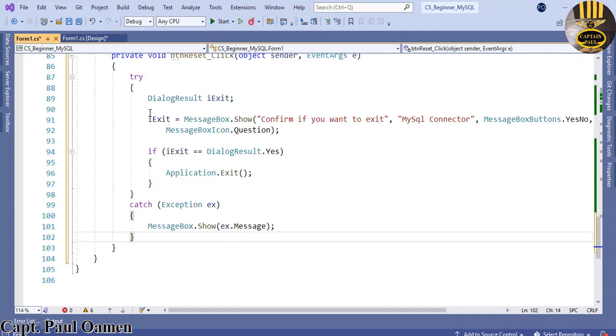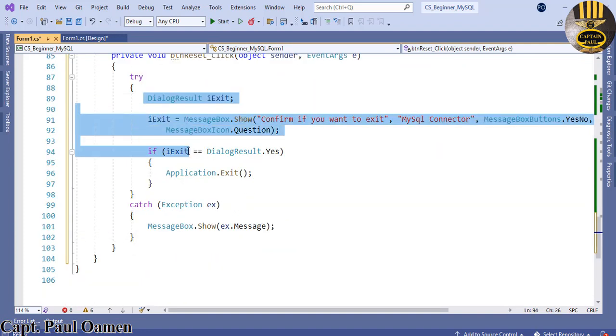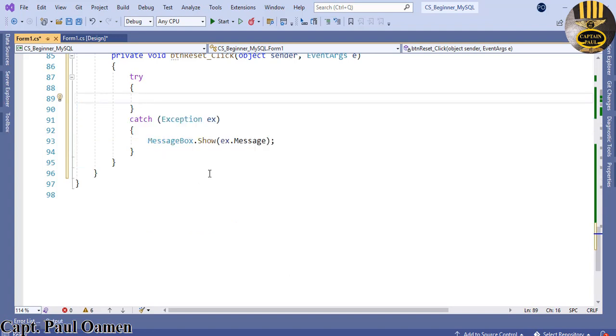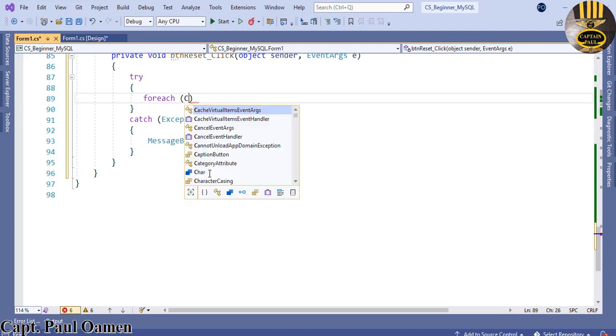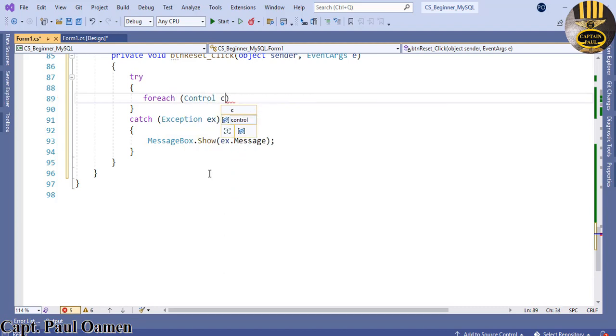I'm coming right down here. You see all of these, I'm going to get rid of them because I intend to use a for each statement. So let's say for each, whatever we have inside the control. So for each control, so let's say that is C in